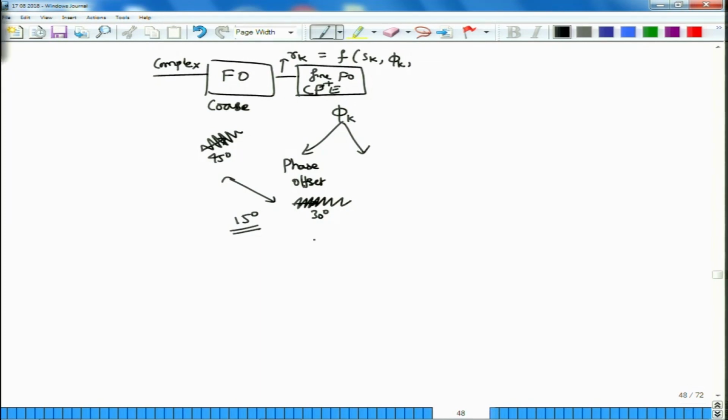This variation is because, as I have told you, of the finite line width of the local oscillator as well as the finite line width of the signal lasers. Because of this finite line width, which is non-zero, you are going to get these phases which will then impact the signal. So you have to first look at the larger phase offset, then correct the phase offset, and after that deal with the time varying phase noise. This phase noise comes mainly from lasers.